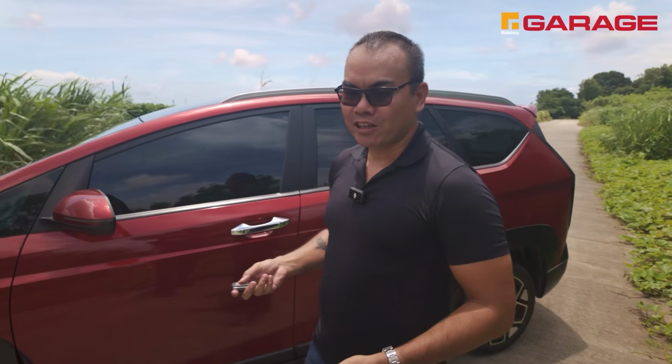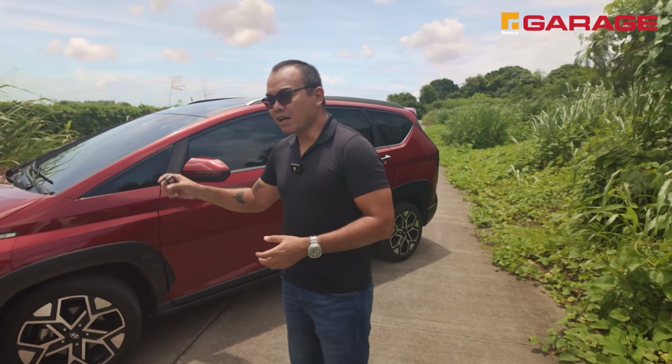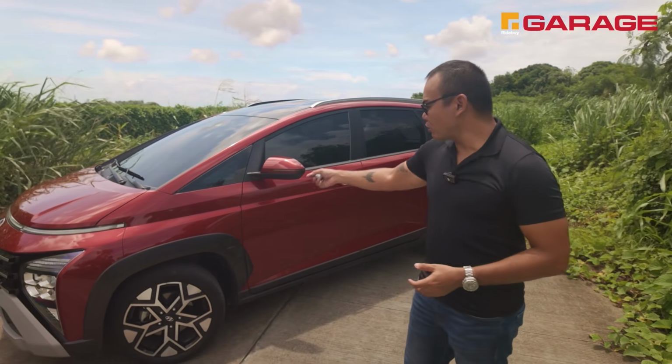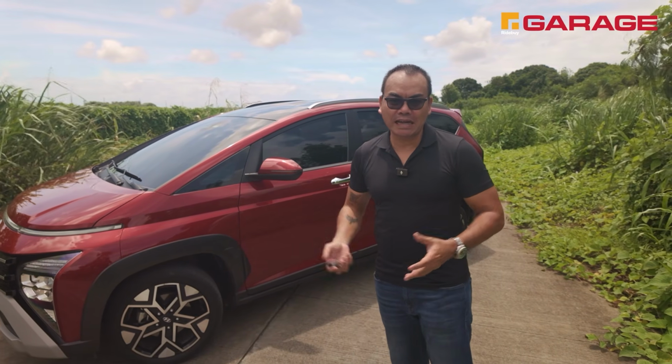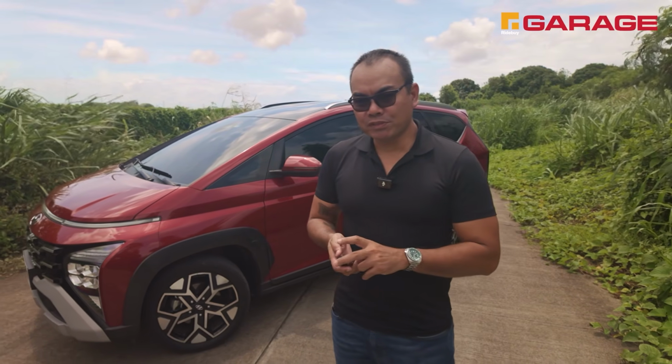So you still need to unlock it. Of course, this presupposes that you left the car na naka-on yung aircon. Okay? So kung naka-off yung aircon, in-start pa yung makina, wala din, diba? So make sure to, if you're gonna use this feature, that you leave your car